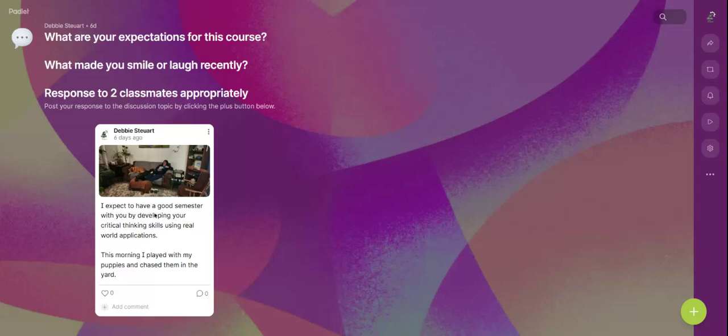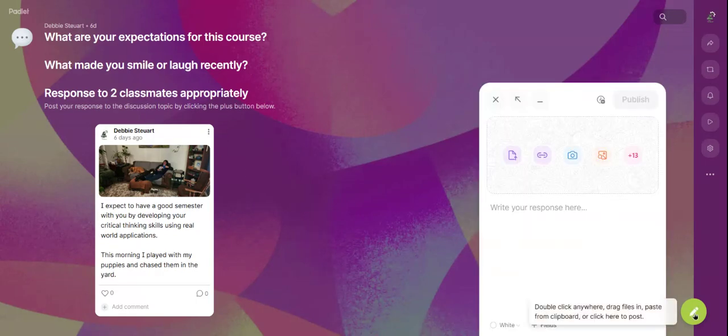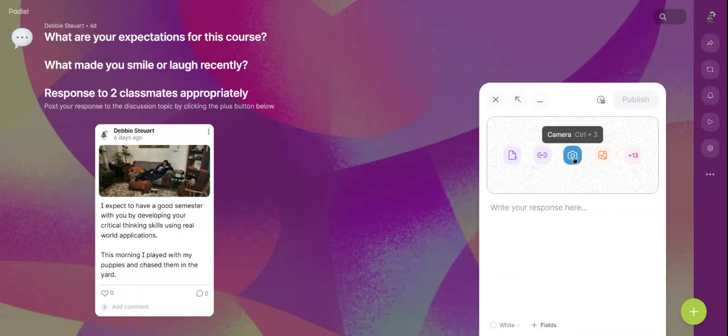So we clicked on this, which we almost didn't need to. You just came right in here, and what we're going to do is you're going to come to this green plus sign, which I forgot to say, and you're going to click on it. Okay. You're going to write one of your responses there to my questions. All right. And then you can actually click on the camera.